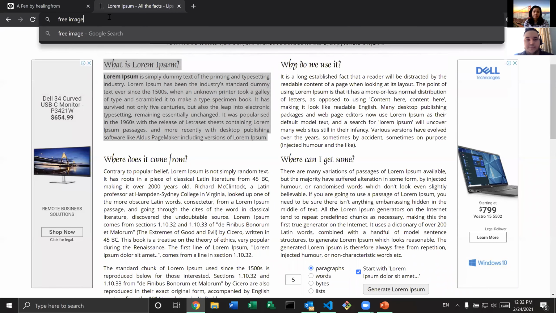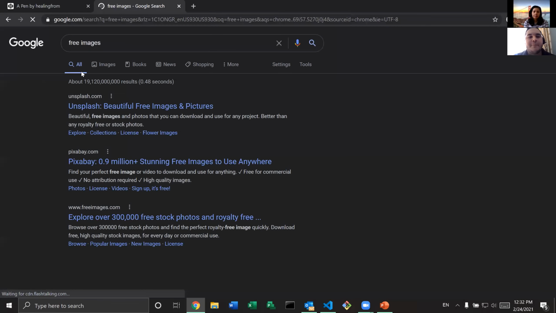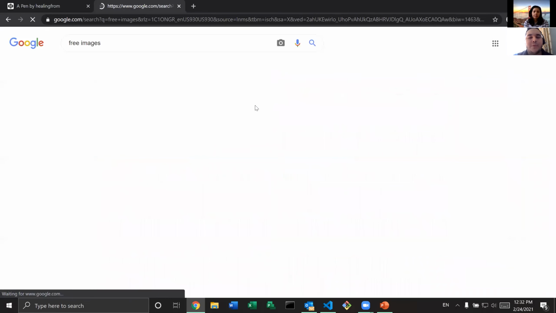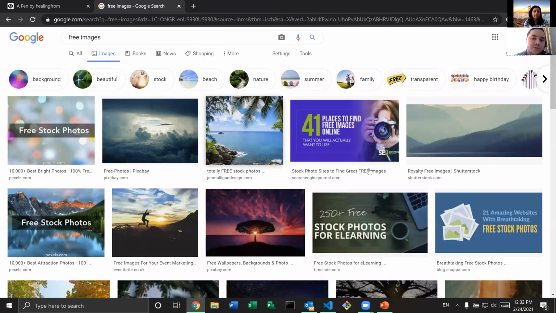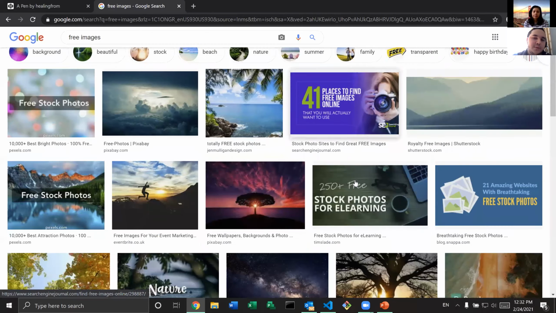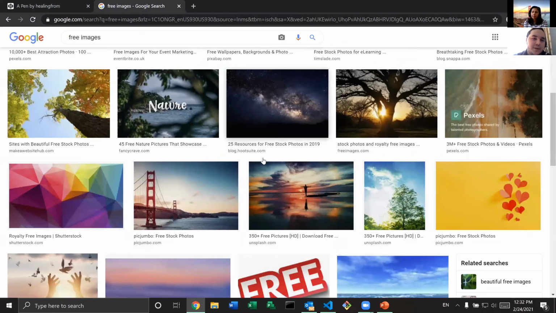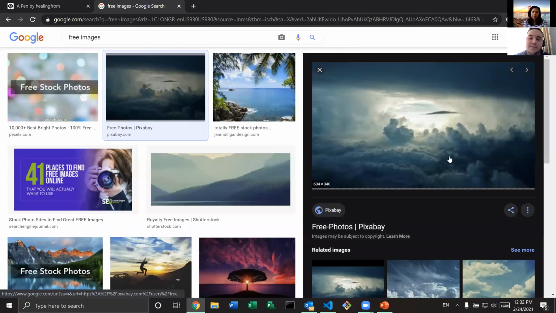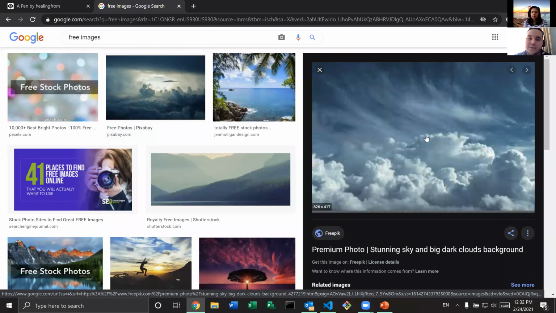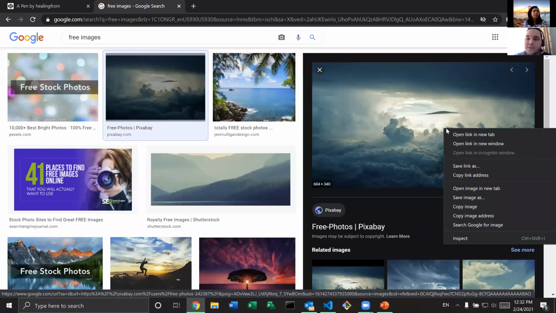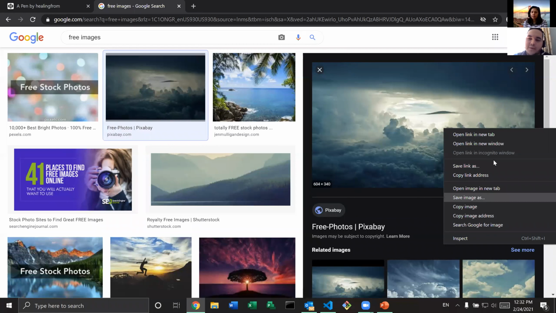Images. Why I put free images is because a lot of images are sold. So if you use them on a commercial project or on an actual job, then you can be subject to somebody suing you. But if you get the free ones, these are all free. They don't need a license and so on. So I just use these ones for practice purposes. So you just copy the address,